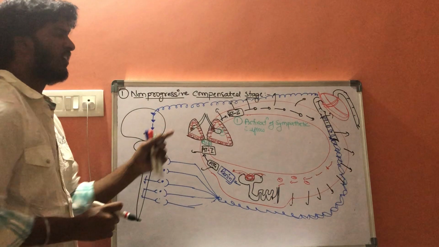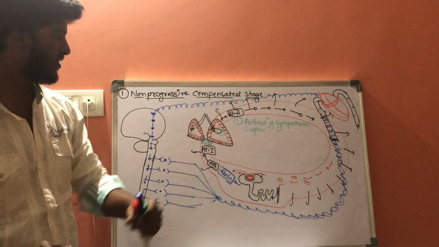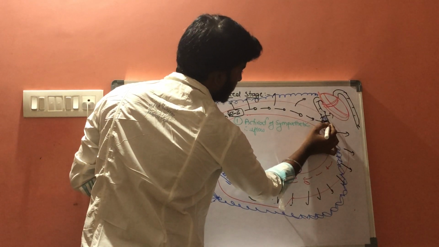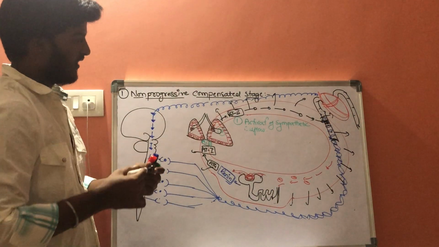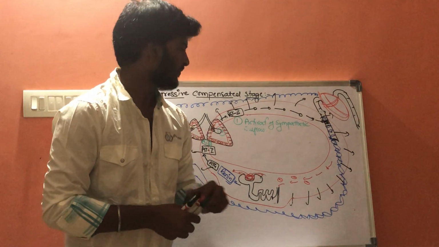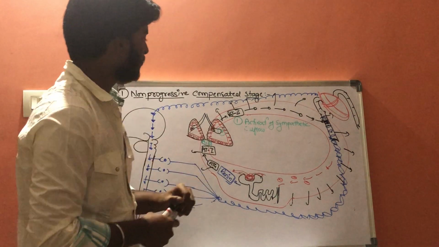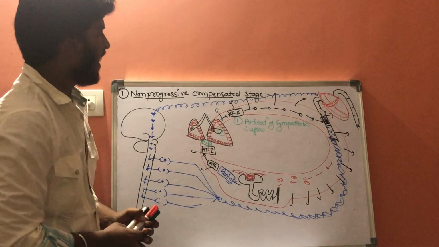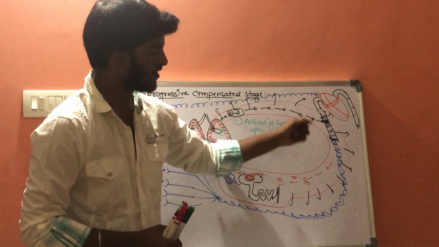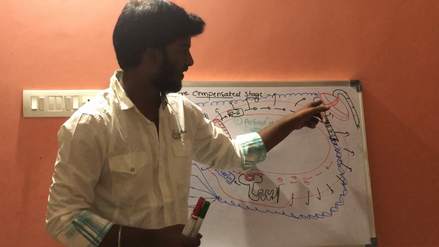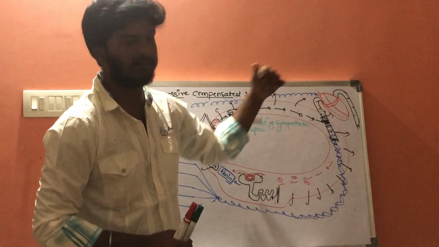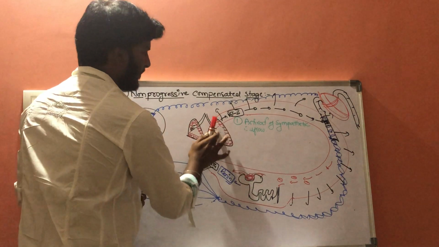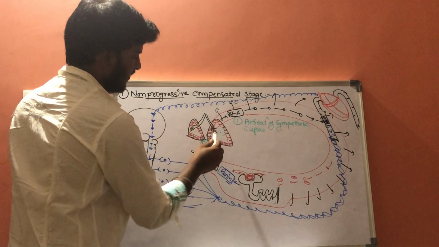Now whatever angiotensin 2 is formed helps in constricting the veins, which consist of smooth muscles. So this angiotensin 2 acts as a venoconstrictor, and if there is constriction of veins, the venous return will be increased, cardiac output will be increased, and blood pressure will be increased. So in this way, this is the second type of mechanism that can be seen.